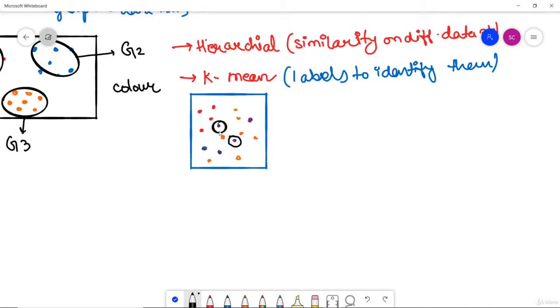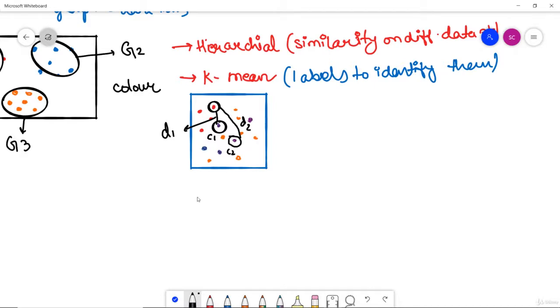Now if we want to check the distance between these two points for this particular point, this red dot, this distance will be d1, and the distance from this centroid, so this is centroid c1 and this is centroid c2, this particular distance will be d2. Now what it does is that the smallest distance between the data point and the centroid determines which cluster it belongs to, while making sure that clusters do not overlap with